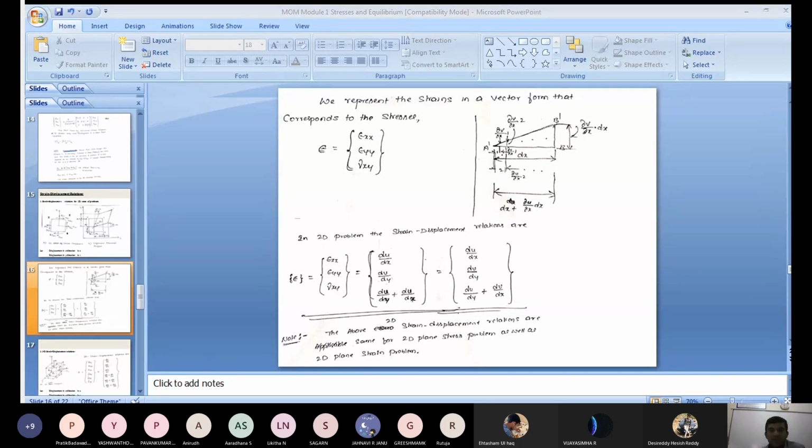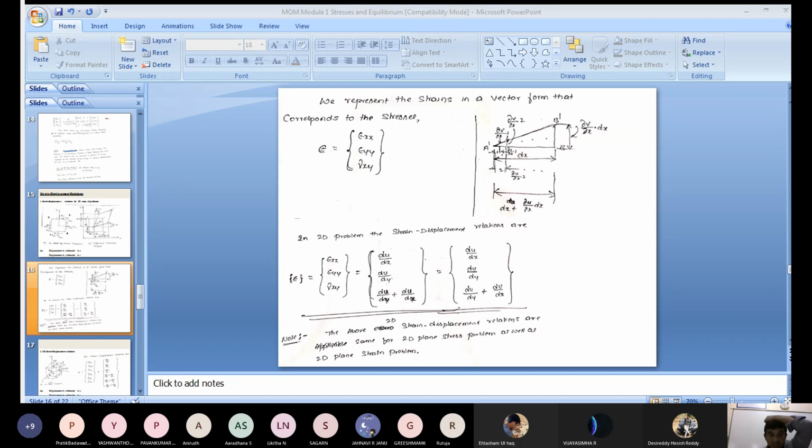The relations are important. Now what is the relation here? Strain displacement relation. What is the formula for strain? Change in length by original length, or change in dimension by original dimension. That is the general formula for strain. For a two-dimensional problem, how many strains occur? 3 strains are there. How many stresses? 3 stresses, 2 normal stress, 1 shear stress. Stresses are directly proportional to strain, so again you will get 3 strains, 2 normal strain, 1 shear strain.